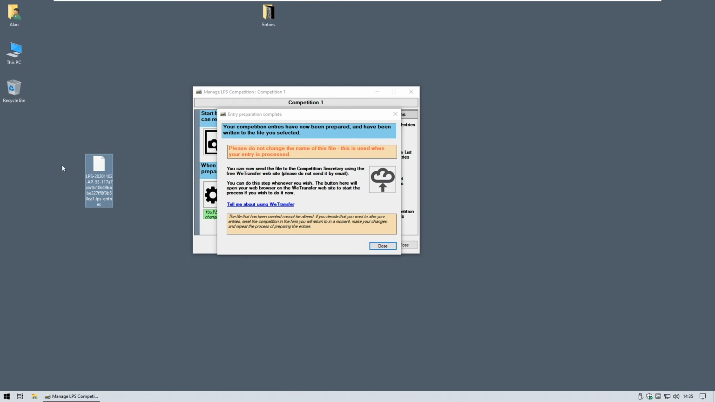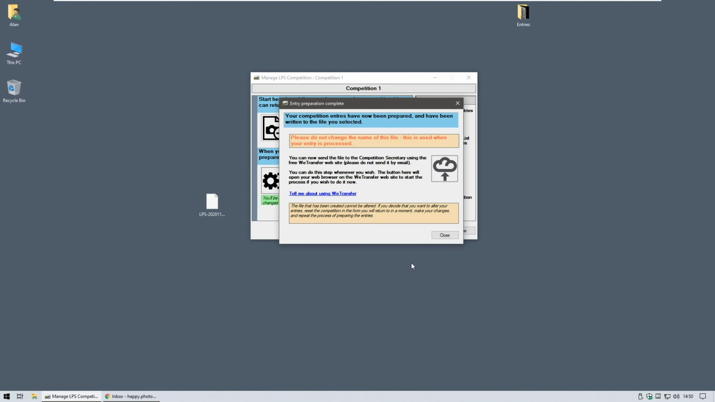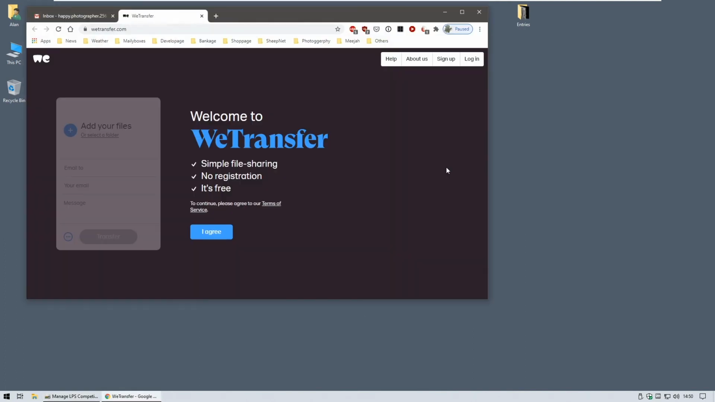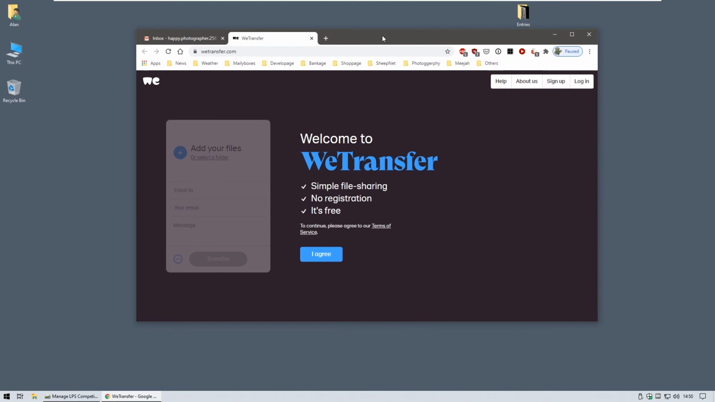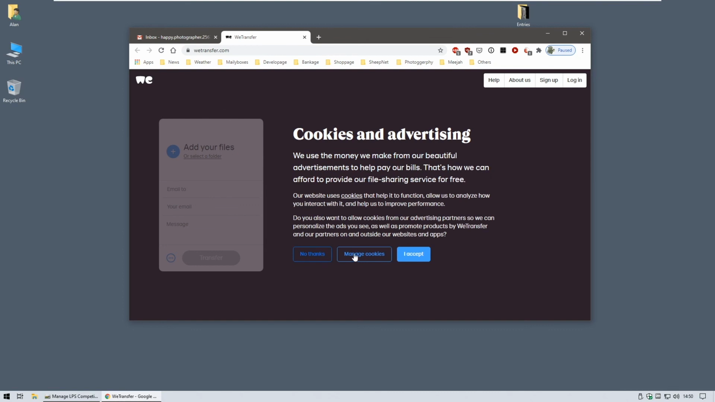You can do this now if you want, or you can close everything up, have a think about what you've done. If you want to proceed to send your entries to the Competition Secretary straight away, you can use the Entry Preparer application to start the process off. We'll click on the Cloud button here, which will start the WeTransfer website in your favourite web browser. If it's the first time you've used WeTransfer, you'll have to do some clicking to agreements,